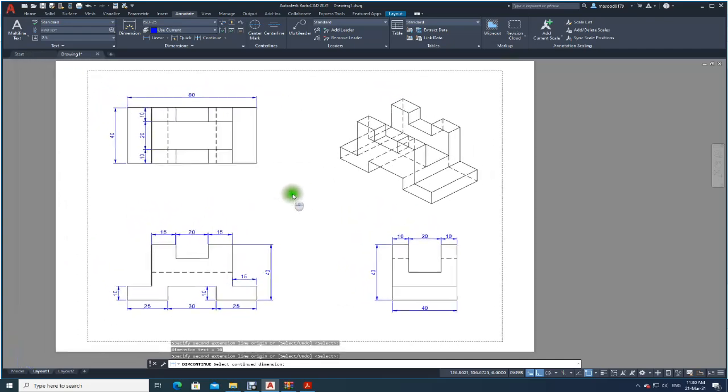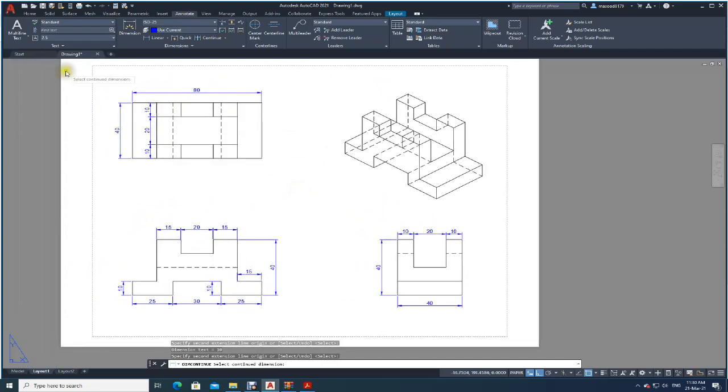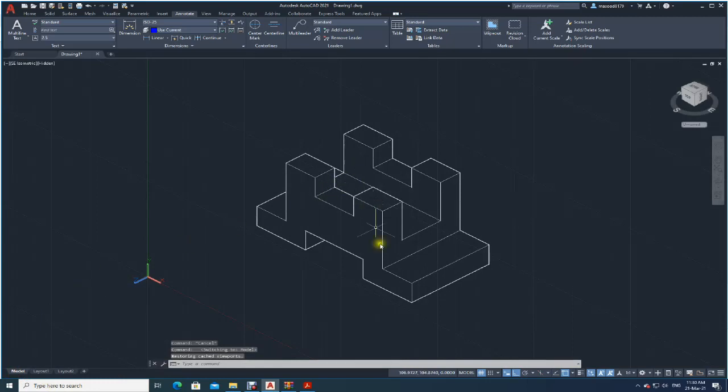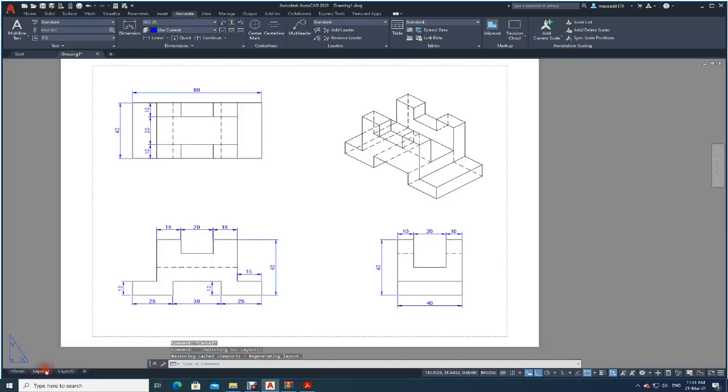Okay, now what we need to do, we need to draw the border line and we need to put the title block. Okay, so now you have the front view, top view, side view, everything. This is in layout view. In the model view, if you go here, you can see everything. See, you can see your actual drawing. Is this clear? So in the examination you will be asked to draw this view in the model space, then go to the layout and prepare a front view, top view and side view. This will be in your quiz and your final examination.